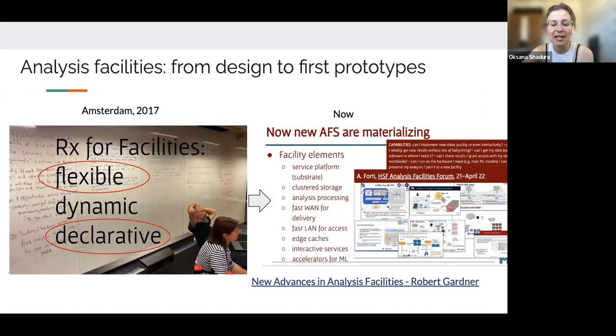I will start from analysis facility, as something very close to me. Here's a nice slide showing a comparison of what was happening in Amsterdam in 2017. At the time there was not really anything concrete about facilities. There were just ideas of how they should look: flexible, dynamic and declarative. And now, as you see from the slide of Rob, a lot of facilities are starting to materialize,